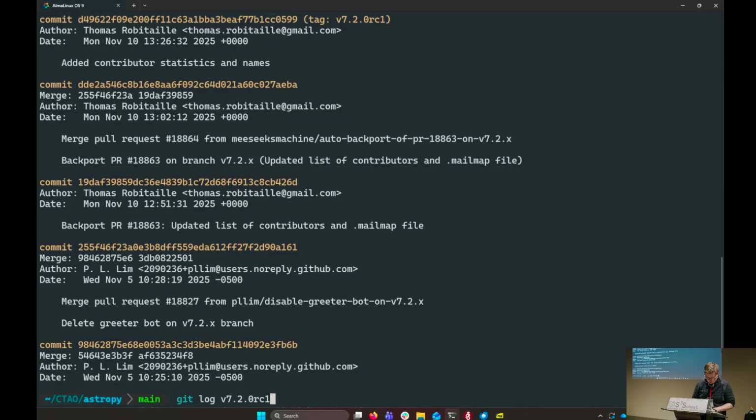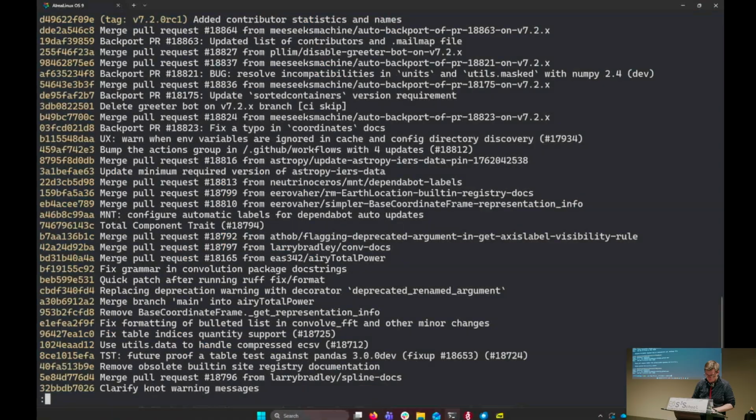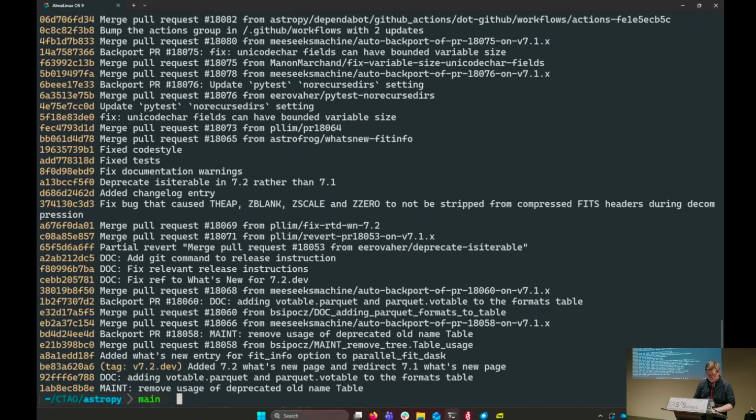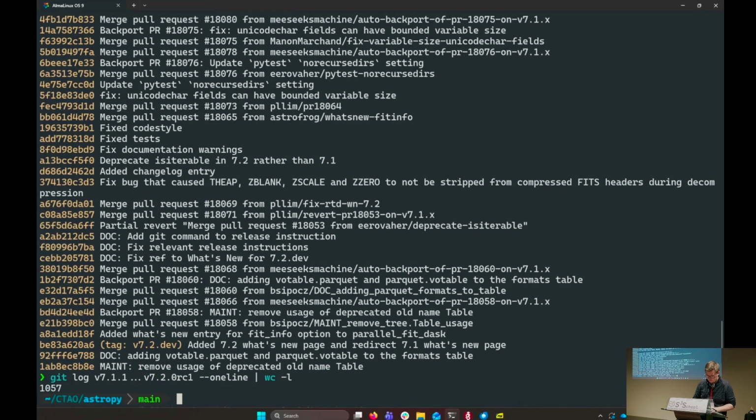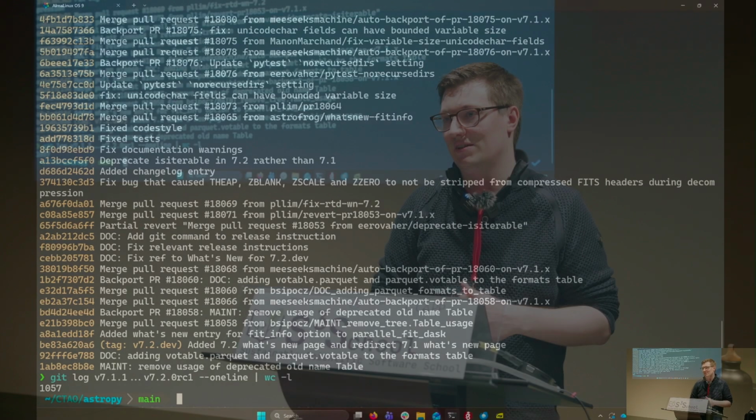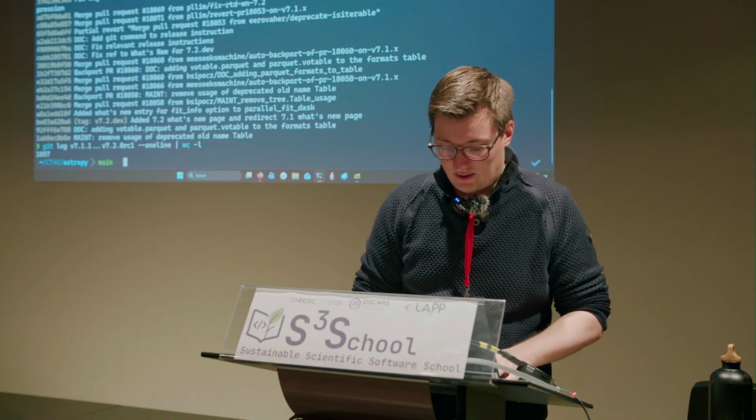And if I want to check what happened between v7.1.1 and this, and maybe at the one-line option, there's a lot of things here. Let's count how many. Yes, so it's not 10,000, but 1,057 commits between those two versions, right? So manually figuring out which commit is the one that broke it, to investigate what could be the fix, is very tedious, right? So let's make an example